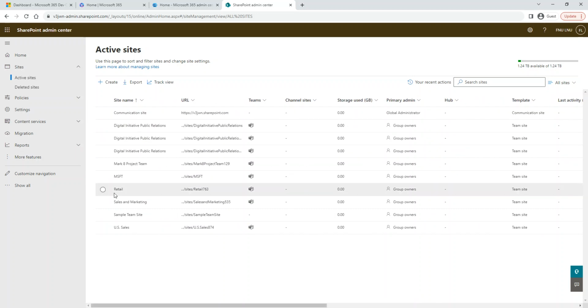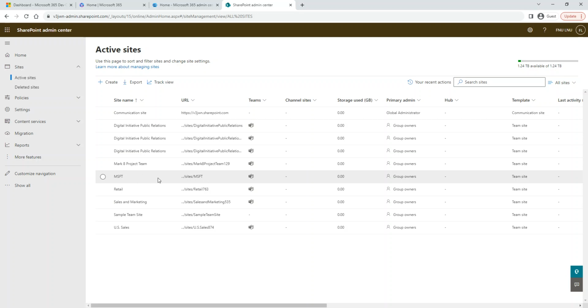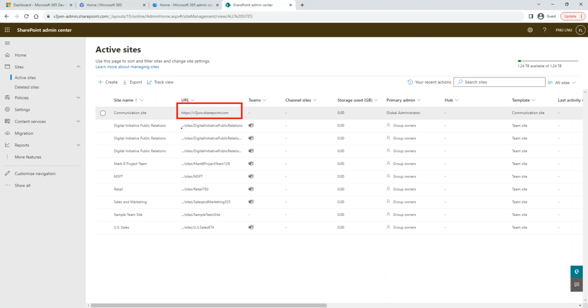A SharePoint site, at this moment, what you need to understand is it's a kind of website where users store and retrieve information. And I'm going to work on this site. This site is called a communication site, and this is the entry. That's the address, and the address for this one is this, but it has the dot dot dot in the front.